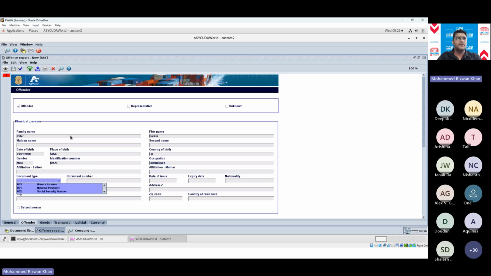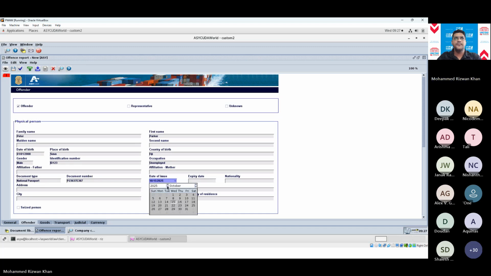What type of document did they provide? Let's say national passport, and the document number of that passport. The identification and the document number can be the same. Then the date of issue and expiry. Just put those in there.